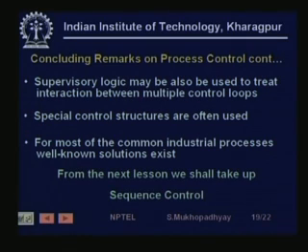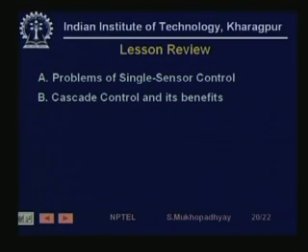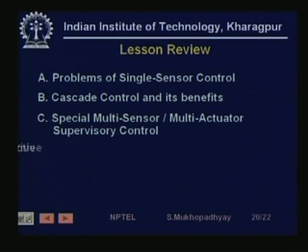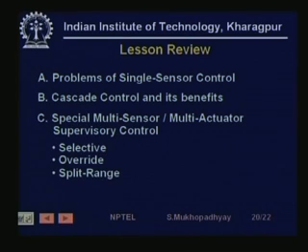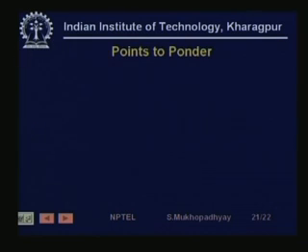So that brings us to the end of the process control module. From the next lesson we shall take up sequence control. Coming to a lesson review, we have seen problems of single sensor control, cascade control, and multi sensor multi actuator control in the form of selective override and split range. Points to ponder: